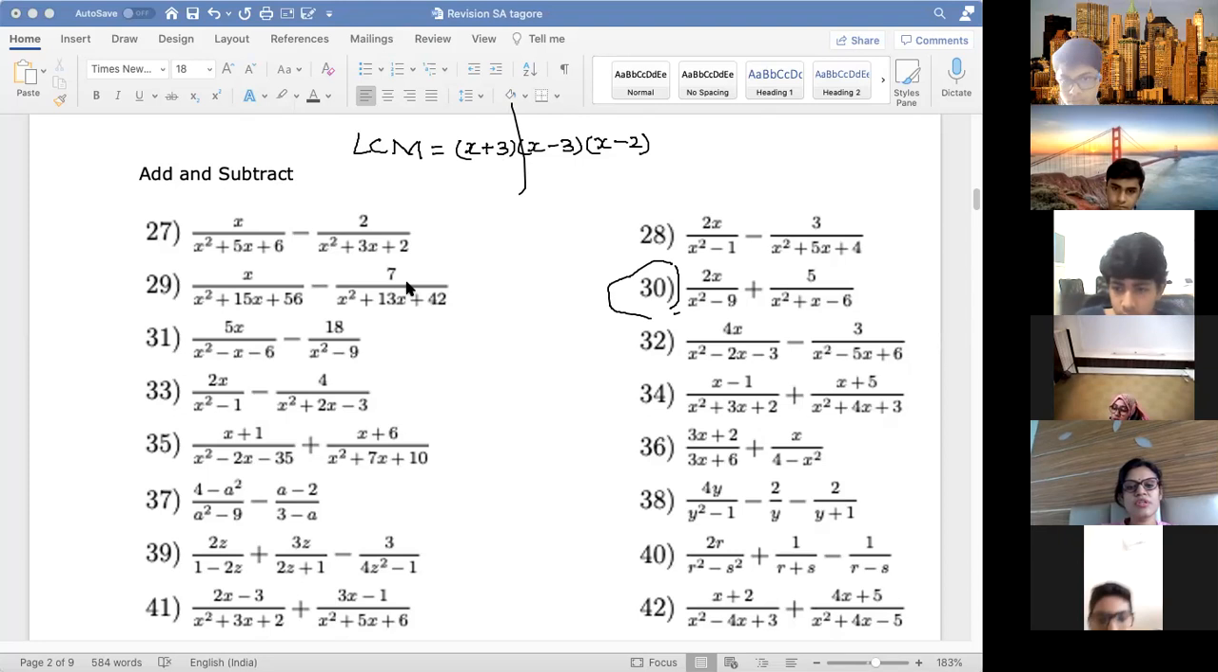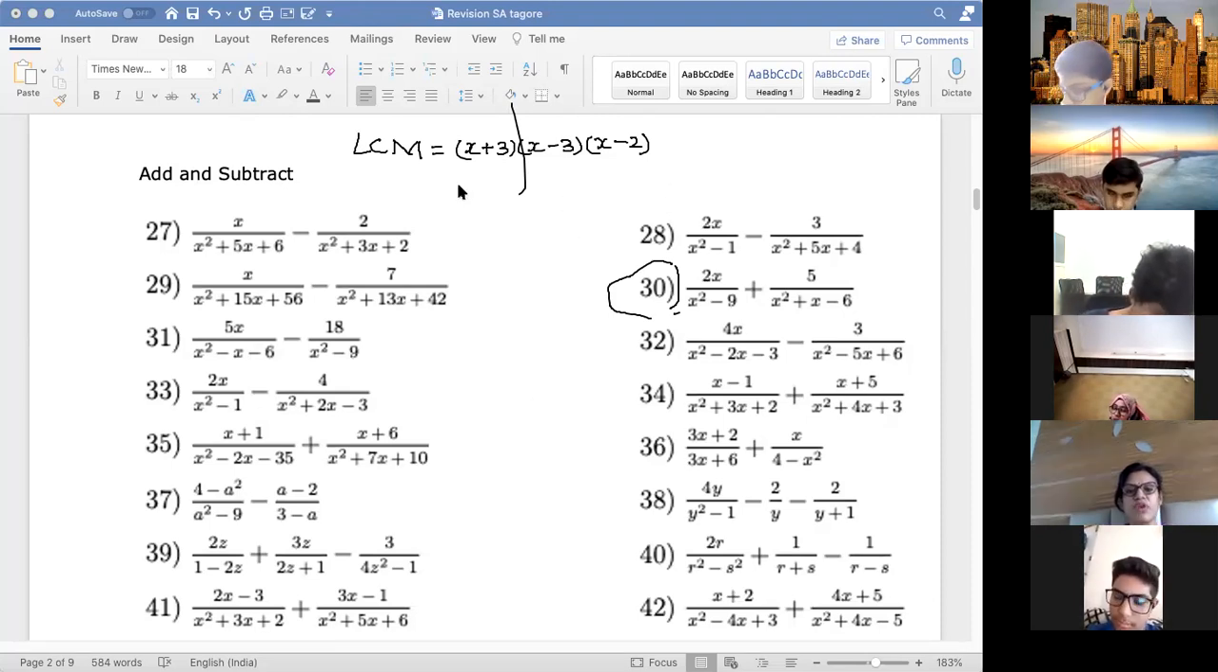No, this is not the correct answer, Ahmad. X plus 3 actually will get cancelled out. This simplified answer you will not get. This is your LCM, right? If this is your LCM, you know what will be in the numerator. Numerator will be